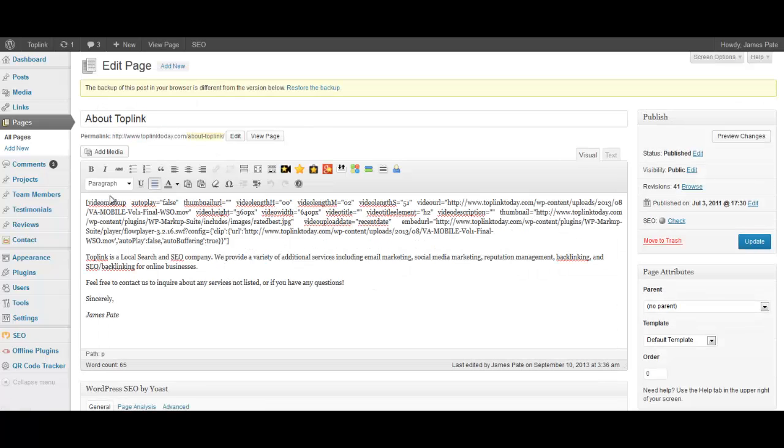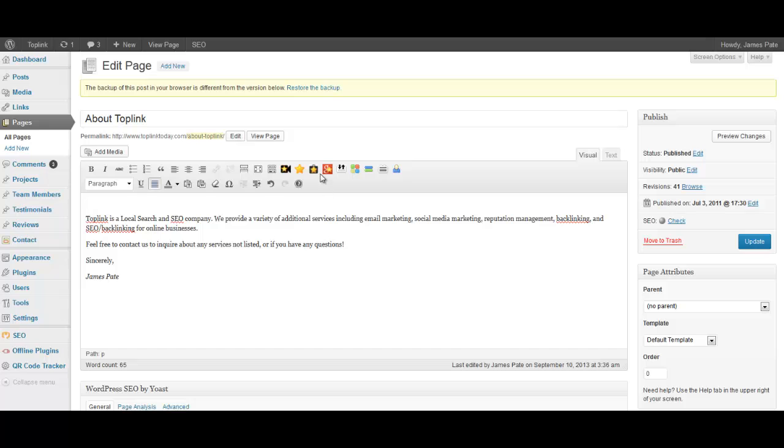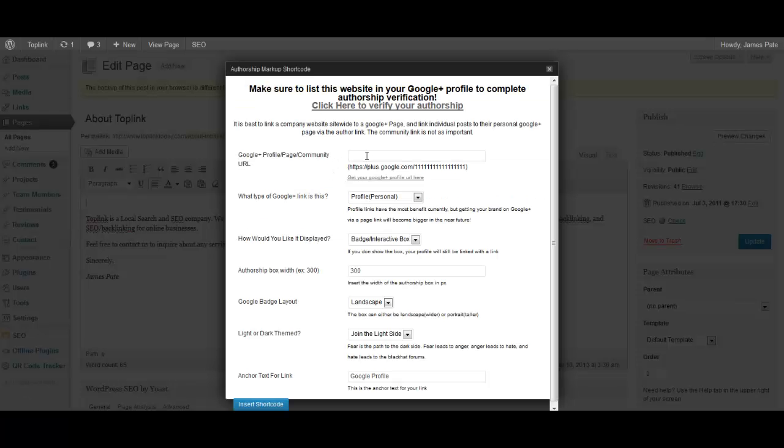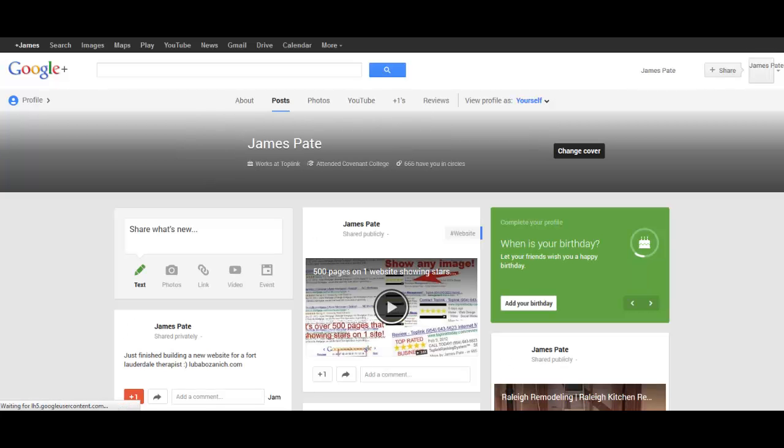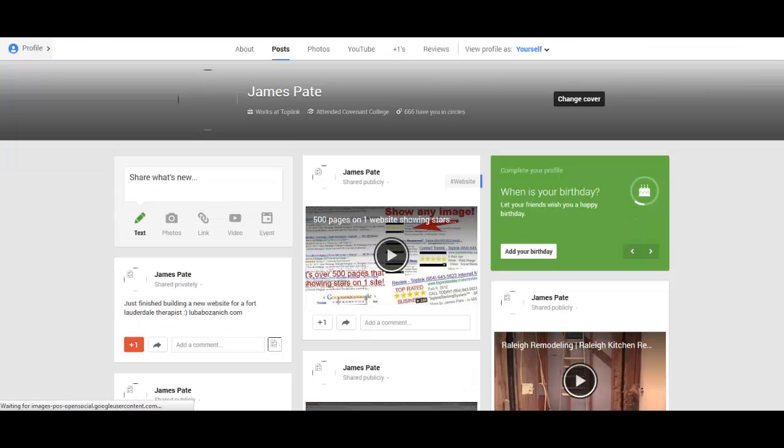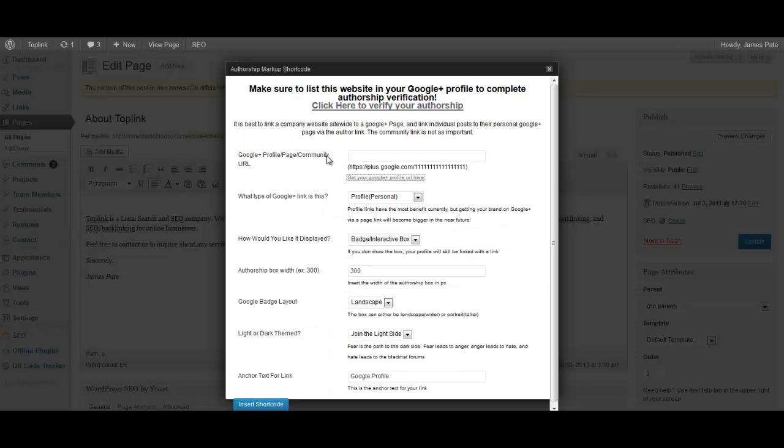So I'm going to go into Pages. We're going to do the authorship. So this is the authorship shortcode. Basically you just need to paste your Google profile in there. So you just click that link right under it and it'll take you right there. So you copy that. And I think it'll add /post, but you just want to take that off. You just want to get this link from the numbers until HTTPS. So you copy that,